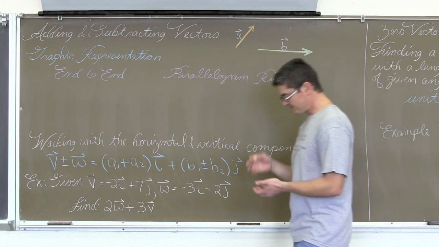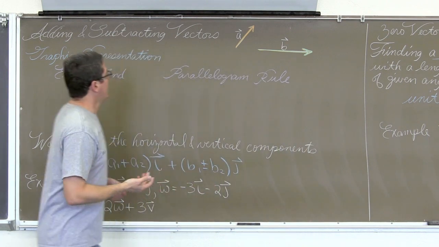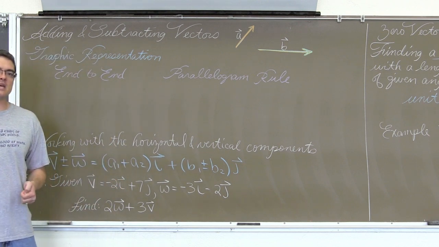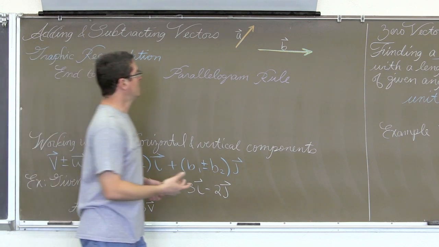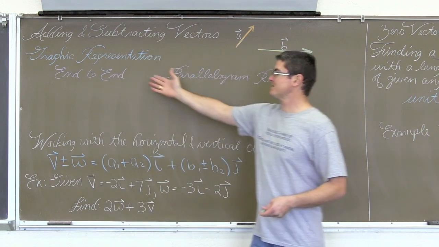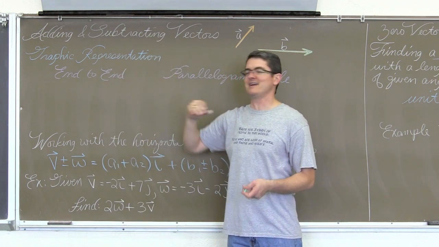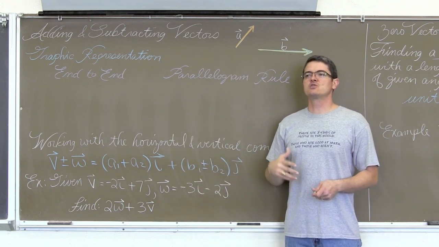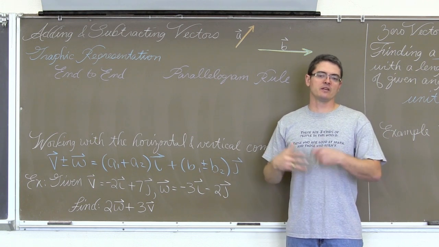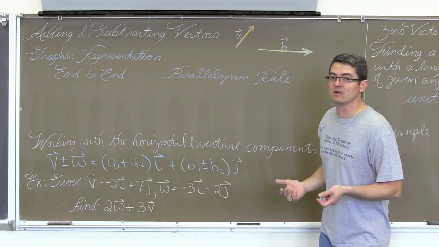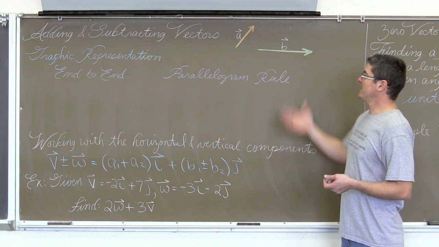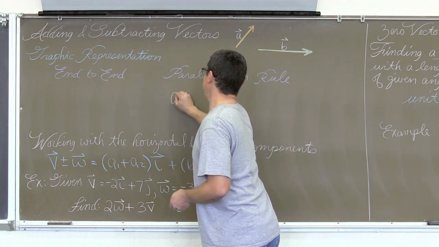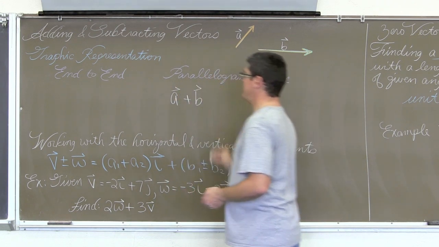I've got a couple of vectors drawn here. It's A and B. I've only got 2. And there are 2 ways to draw the resultant vector, say if we're going to add or subtract these vectors. One is the parallelogram rule, and one is, I wish I had a name for it. If there is one, I don't know what it is. End to end, I like to call it the triangulate, sort of like the triangle method. That's not really very good though, because if you have more than 2 vectors, you're not going to really draw a triangle. But at any rate, let's draw vector A plus vector B.